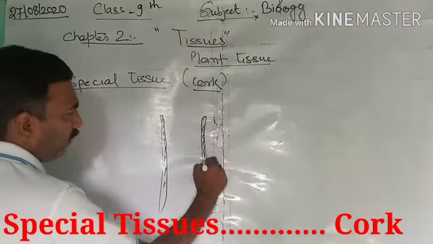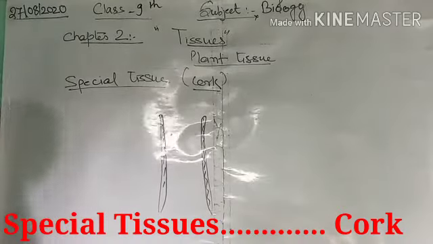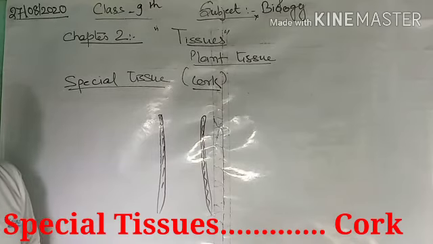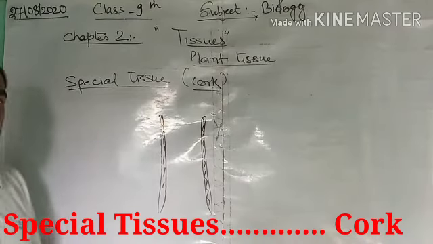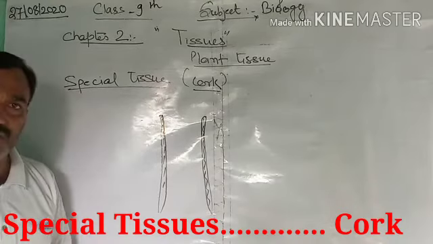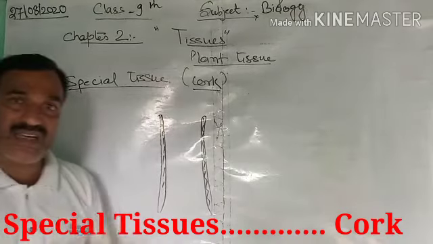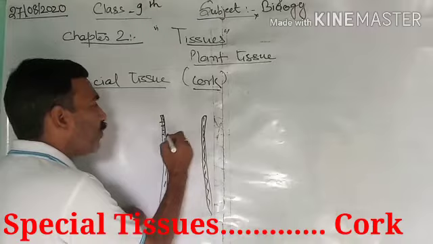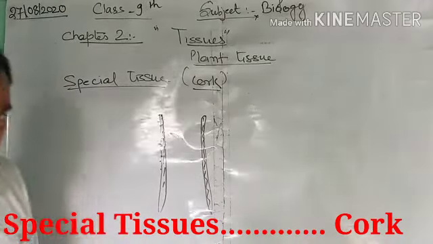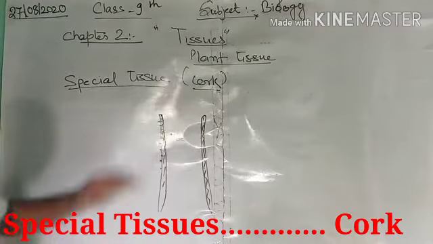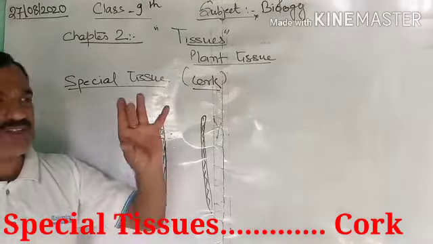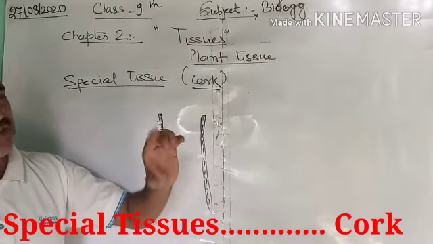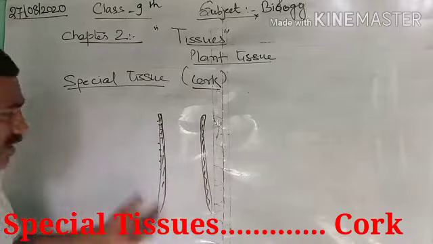is the cork. Now this cork is made up of dead cells, and it is completely perforated, which makes it spongy in nature. Perforations means holes. It is porous, and the spaces, the gaps between the cells, make it spongy. You can squeeze it; if you press it, it will squeeze, and when you release it, it will come back to its original position. Now, what is the function of it?